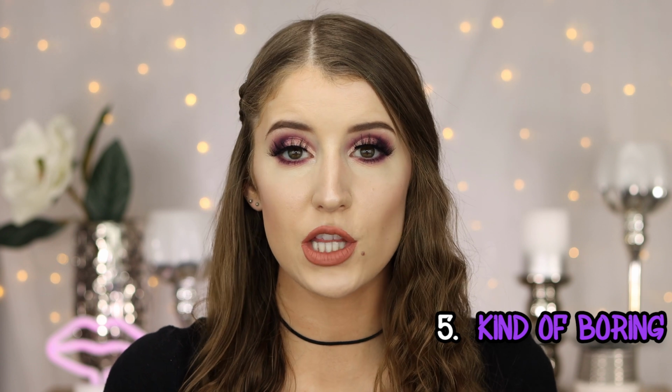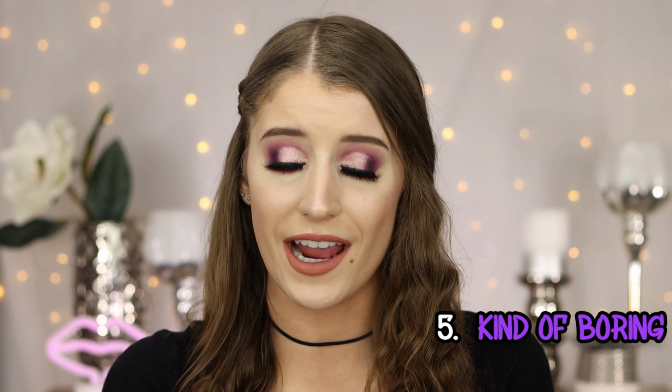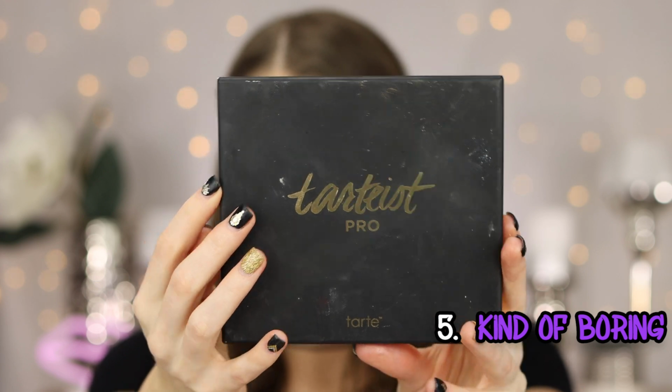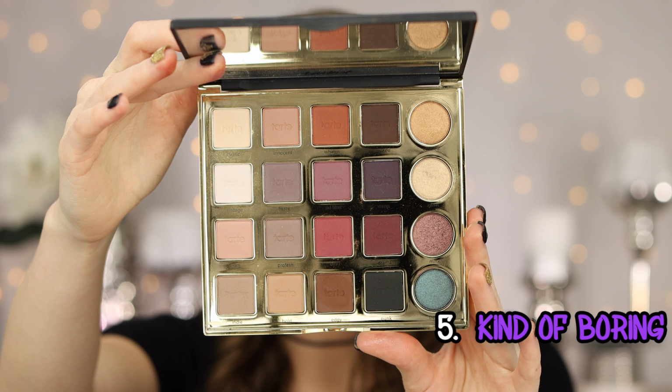And then the last palette that we have in the kind of boring category, which I don't think it came out this year, but I did try it in 2020, and I think this was another palette that I got in a BoxyCharm or something, and it is the Tarte Tarteist Pro palette. This is a really pretty palette, and it has a really nice formula, but I just never use this palette